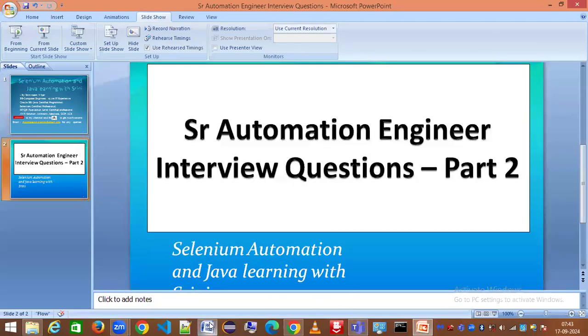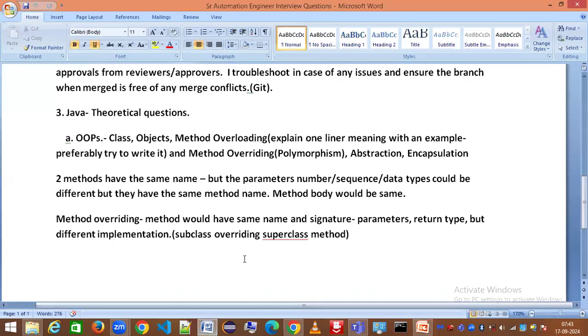So I have a document which I've already shared in the previous session. So I'm going to continue it further. And in the theoretical questions we had discussed in the last session about method overloading and method overriding. So this is one of the most popular questions which you can expect in the interview. Now going ahead, the other important question which I have seen most of the companies asking the candidates is